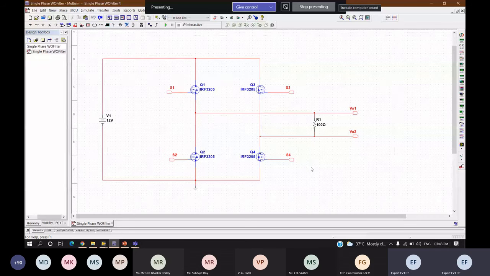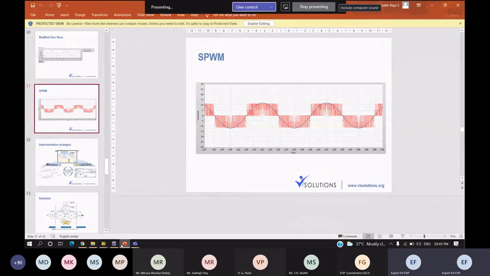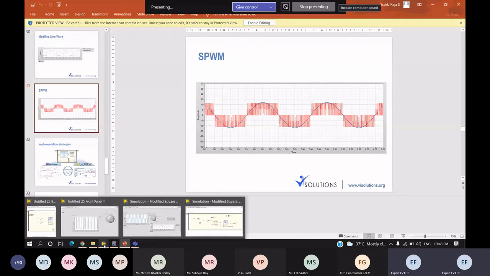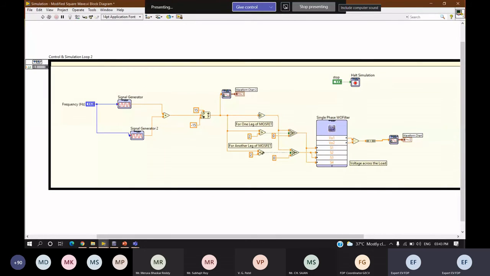Whenever its value is less than 2, we are turning on S2 and S3. We are providing this signal itself as a trigger. Just keep this in mind.